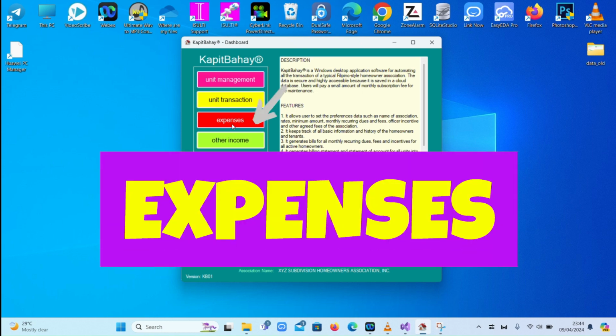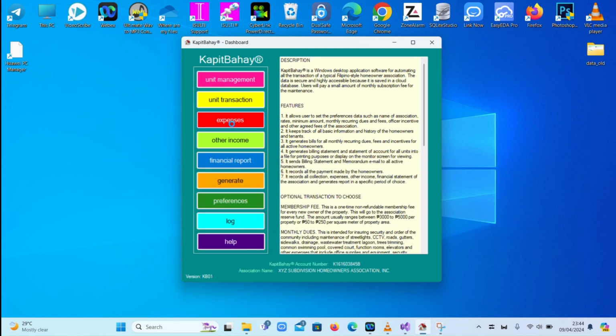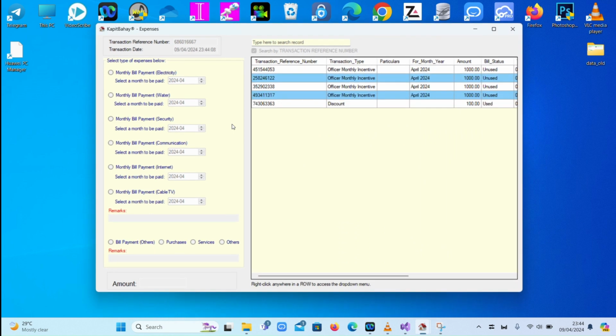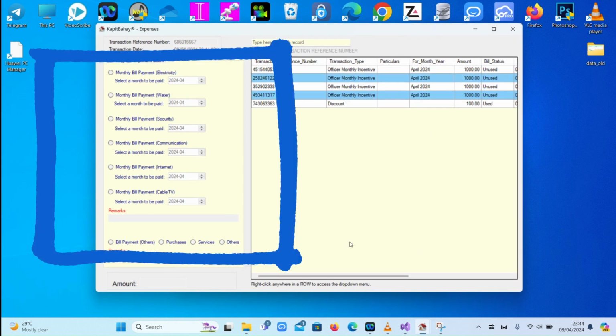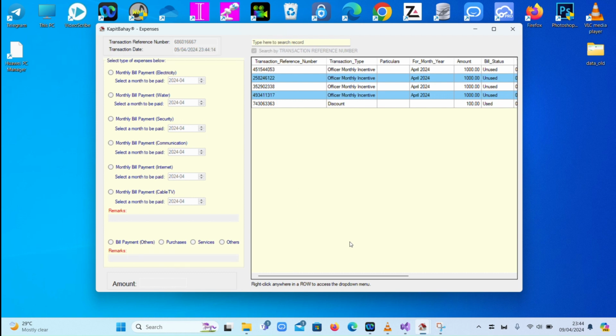Expenses button. This is where you can record all the expenses of the association. On the left side are radio buttons of the most common expenses transactions to choose, such as monthly bill payment, electricity, monthly bill payment, water, monthly bill payment, security, monthly bill payment, communication, monthly bill payment, internet,